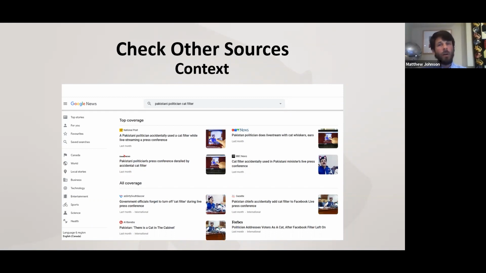Remember, again, all sources, even the most reliable ones, make mistakes sometimes, but reliable ones correct them. Consulting other sources can help you find out if the first place that you saw something might have been leaving something out. This is a good way of dealing with the possible bias in any one source. So if you look at a bunch of different news stories from different outlets, particularly if some of them maybe are coming from a different country or from a very different point of view, then you get a more balanced